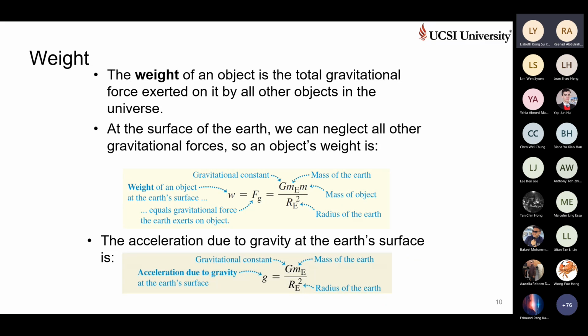Generally speaking, we say W is equal to mg, right? How is this mg coined? Let's understand from the force of attraction. We already have the equation for force of gravity equal to weight. On earth, when you include gravity, it is called the weight. Weight is always measured in newtons. Remember this point, it is in newtons.